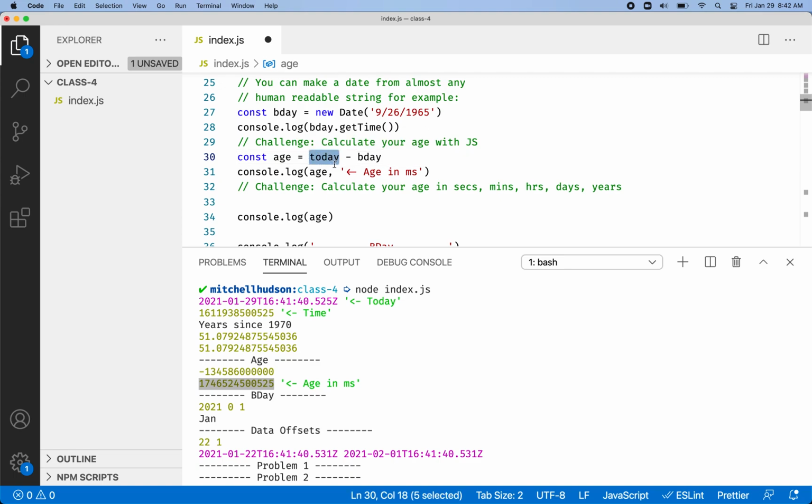If I took today and then subtracted my birthday from it, that's going to give me my age. It's the difference between two date objects, and really, it's the difference between two numbers. So today is this number, and if I subtract this other number from it, I get the difference,